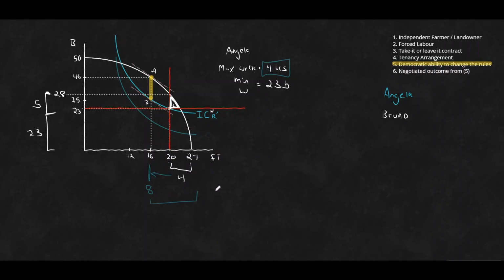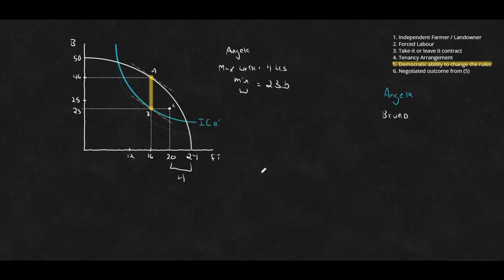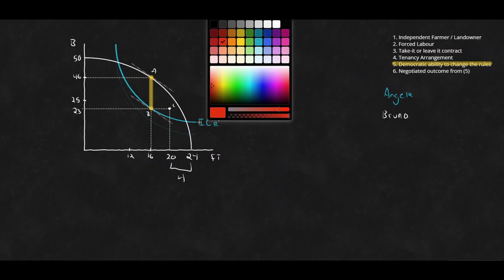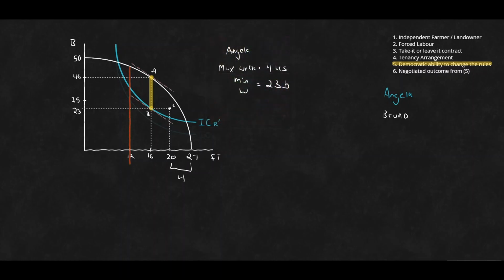And let's just quickly evaluate that just to make sure we're clear and all on the same page. Okay, so if the government dictated that the maximum number of hours that you could work was 12, so let's put that in here. Let's again use red for that. So the maximum amount of time that you could work is 12 hours. So here you go. This is your work time of 12. It similarly dictates that you have to provide a minimum wage of 23. Well, as long as you're up to the right of that, you're fine.